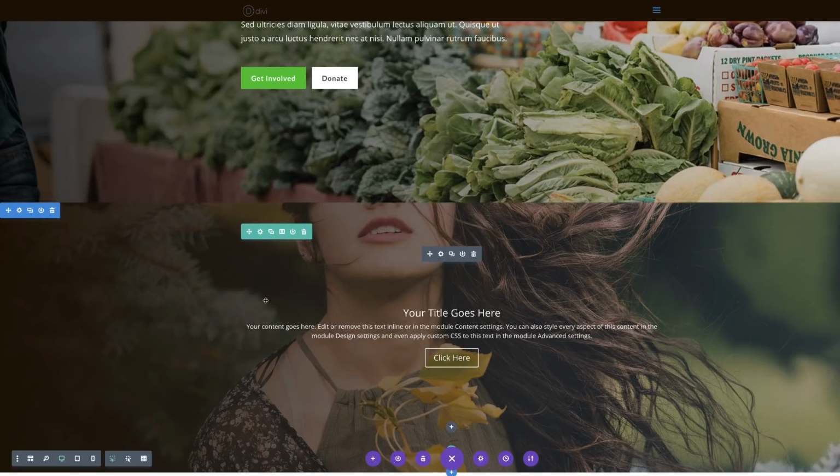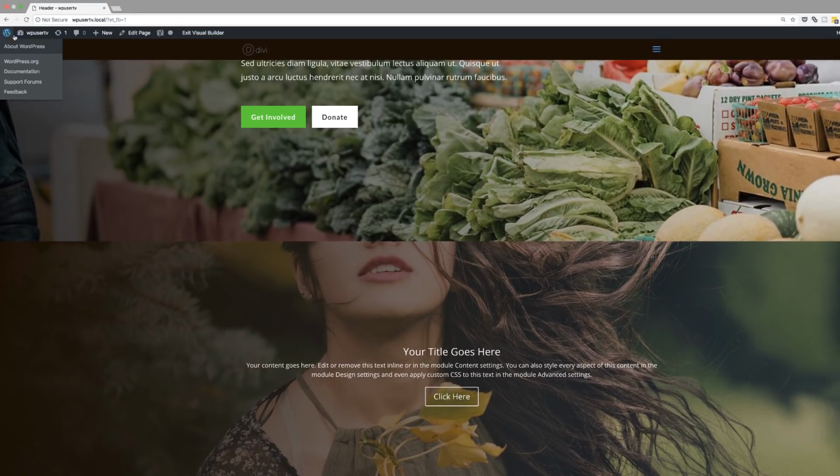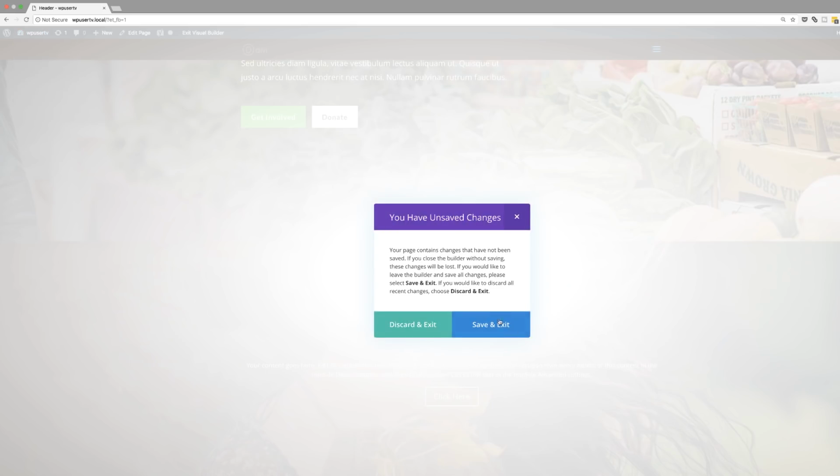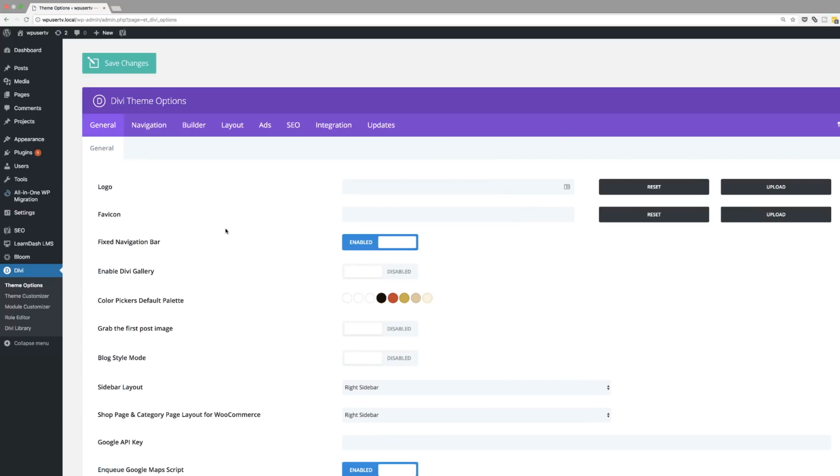Now, moving on. So this new feature here is the rollback feature. So to enter our rollback, what you need to do is to, in fact, I'm just going to go into my dashboard here. I won't save anything. And let's go to Divi, theme options. So the rollback feature is useful if, let's say, you have the current Divi working well, you update it, and then you have a lot of conflicts or something stops working, you can always roll back to the previous working